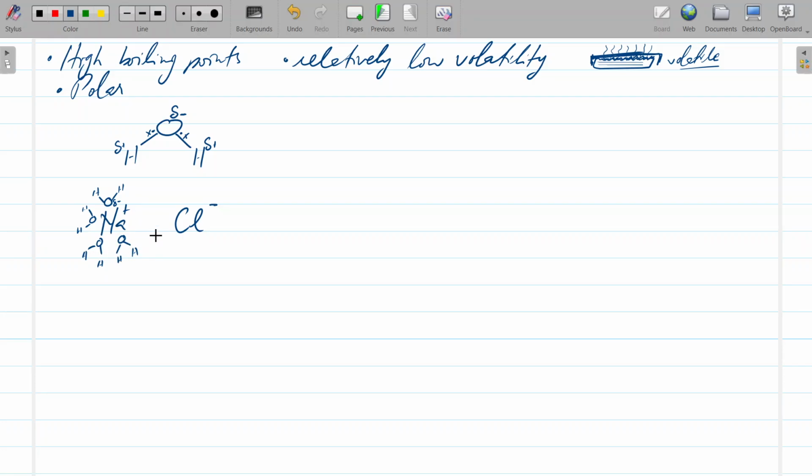For chlorine, it's the opposite, right? And so it gets pulled apart and it's surrounded by the hydrogens, sorry, this way. So it's surrounded by the hydrogens of water because they have a slight positive charge, and so obviously positive and negative attract,